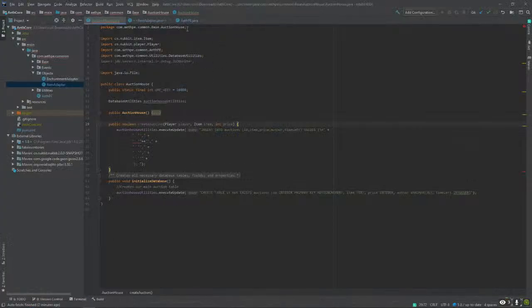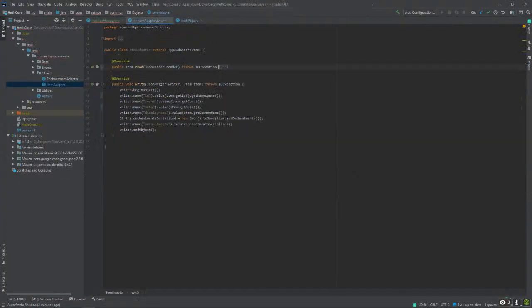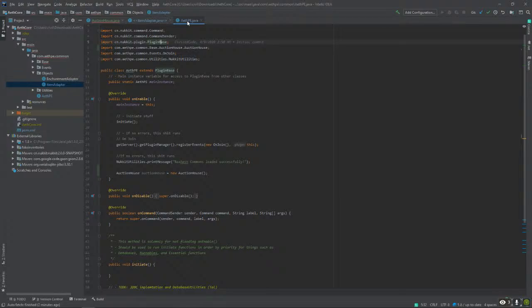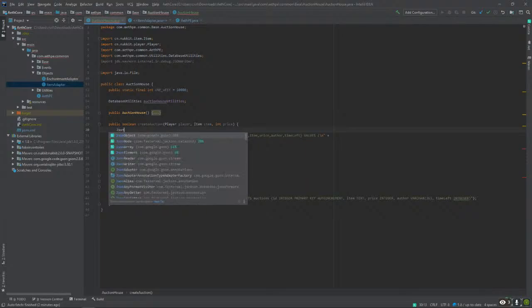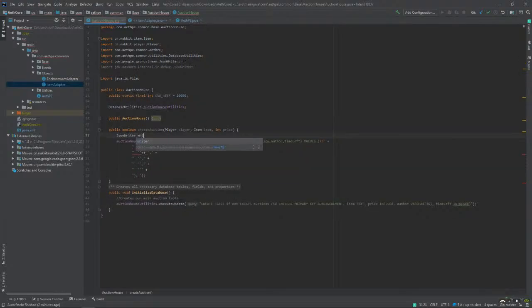Here, let me look in the item adapter. JSON writer. Oh, okay. I'm using the wrong type here. JSON writer. Writer is equal to new JSON writer.